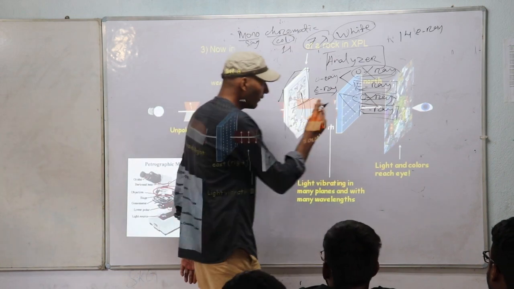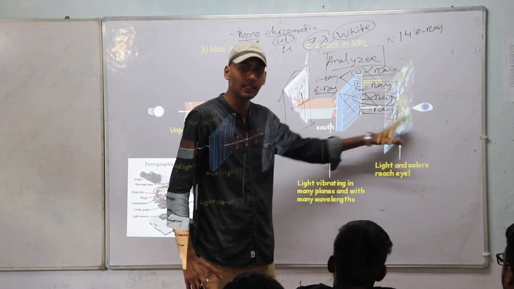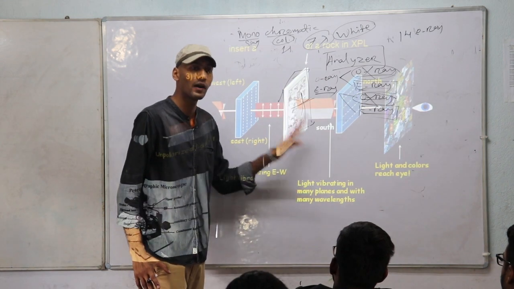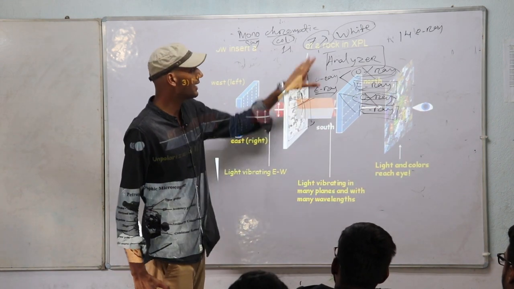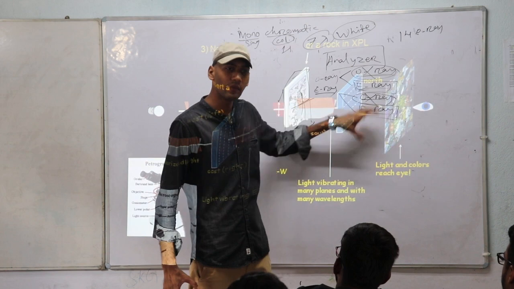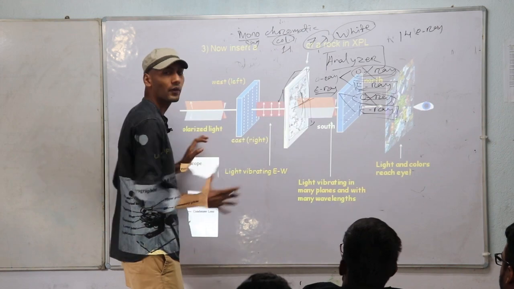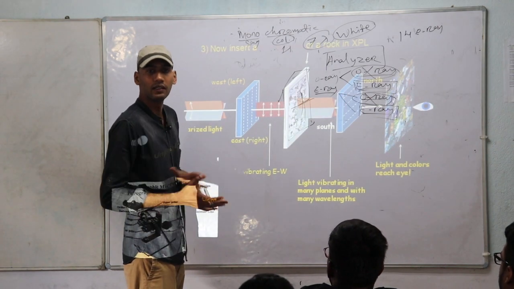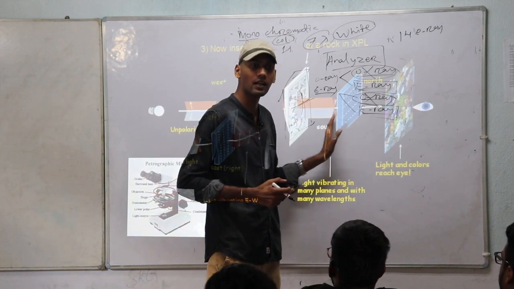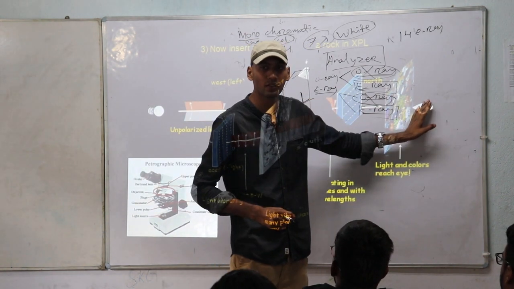For interference, what will happen? If the light rays go out of the analyzer, then how much intensity and what are the wavelengths? Not in all cases are there 7 wavelengths. Not in all cases are there 14 E rays coming out of the analyzer. They can be 14, they can be 12, they can be anything, right? So that depends upon this property of the mineral. What is the birefringence? What is the retardation? That determines how many rays, or which rays, come out of the analyzer, and if they interfere, what color will be produced by the mineral.